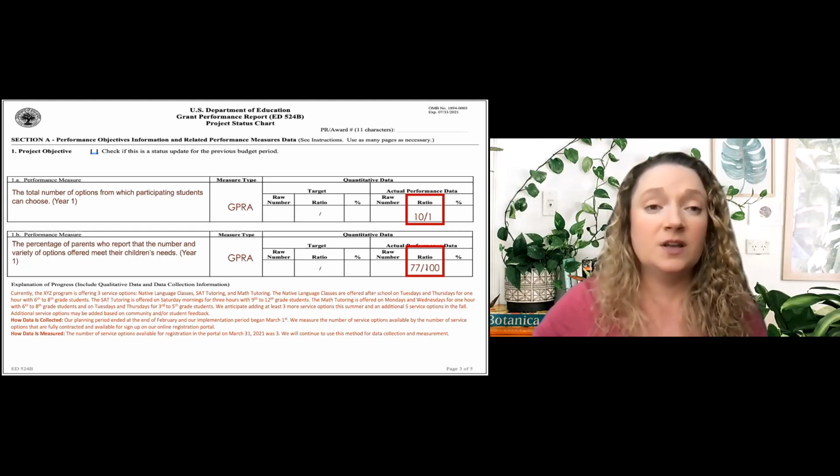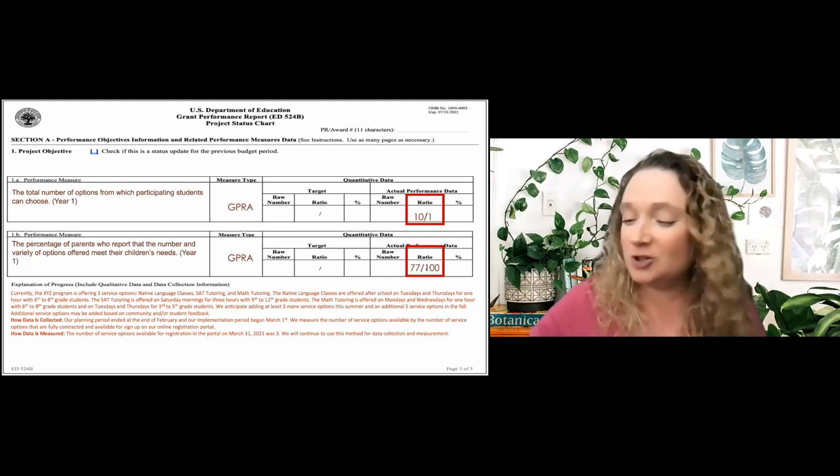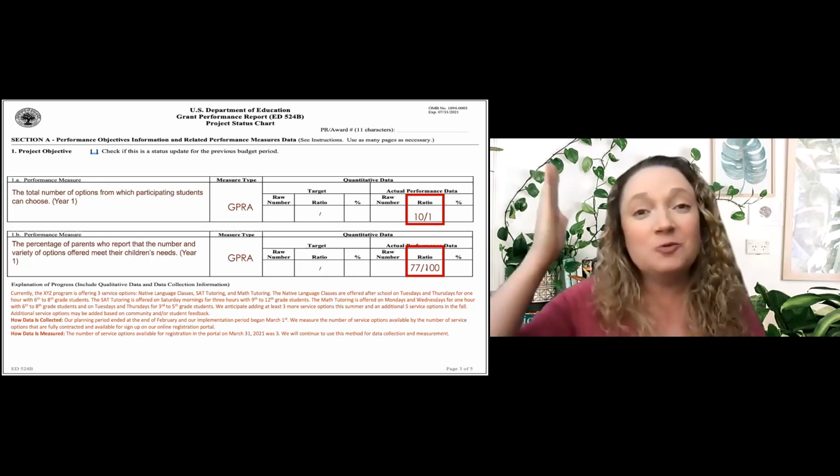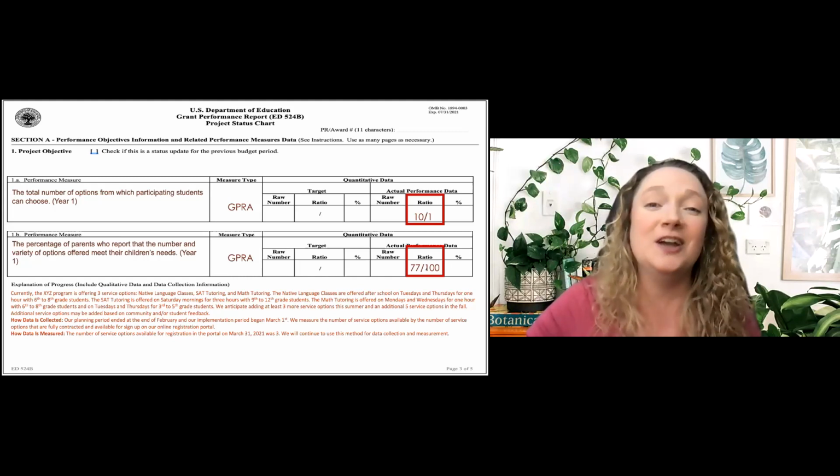Yeah. And I know it can feel very uncomfortable to write down that many zeros, but I promise you, we know you're in a planning year and it's okay. And this is recorded. So you have it recorded that I'm saying you're in a planning year and it's okay.